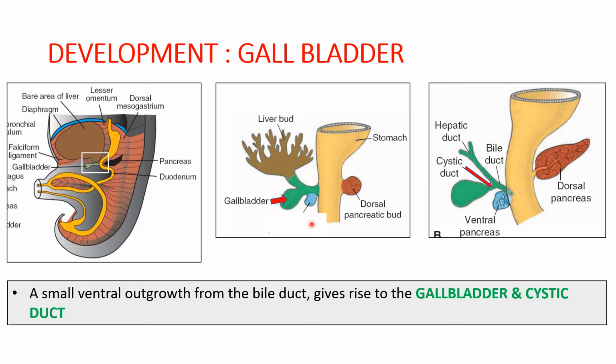Now, how is the gallbladder formed? The gallbladder actually is formed by the ventral outgrowth. So this is the bile duct which was formed, the communication between the liver bud and the foregut duodenum part. From this bile duct, an outgrowth takes place. This outgrowth gives rise to the gallbladder, and the connection between this gallbladder outgrowth and the bile duct is going to form the cystic duct. So now we know that the extrahepatic biliary apparatus also takes its origin from the same source, that is from the ventral outgrowth of the foregut. Which particular part? The duodenum part.